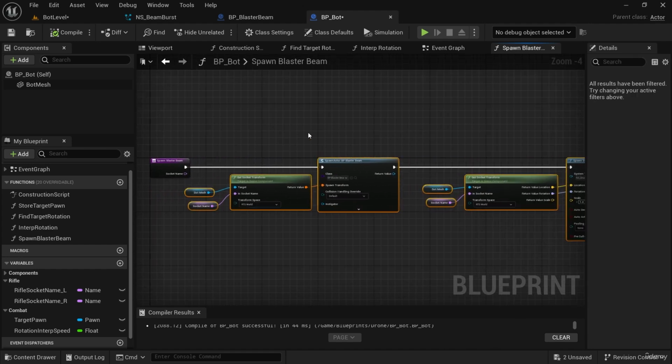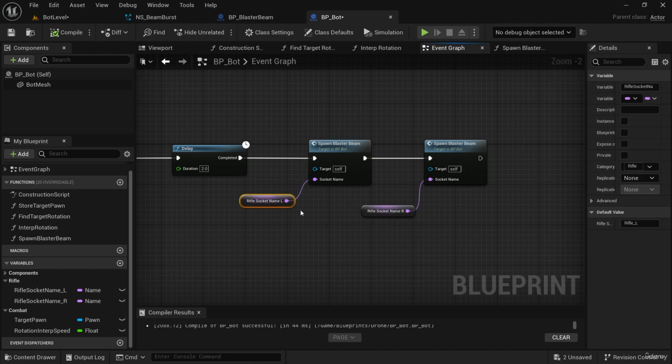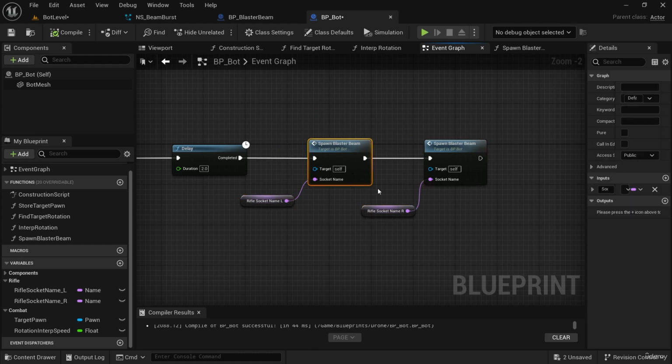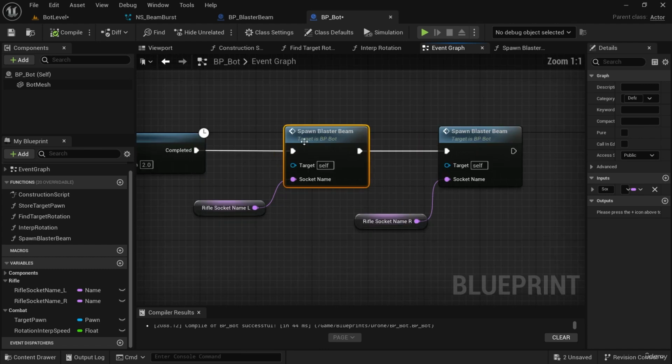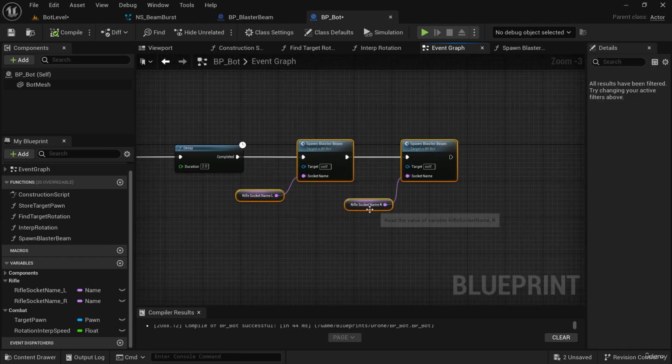And to give you a little bit of programming jargon, whenever we take a bunch of nodes and package them up into one nice, easy to use node, we call that refactoring. It's a process of making our code, or in the case of Blueprints, our nodes, tidier, easier to manage, and reusable. And this is what we refer to in programming as good programming practice. And in Blueprints, we are programming, we're just doing so visually. So it's a good idea while we're doing visual programming or visual scripting to follow good programming practice so that our blueprints are